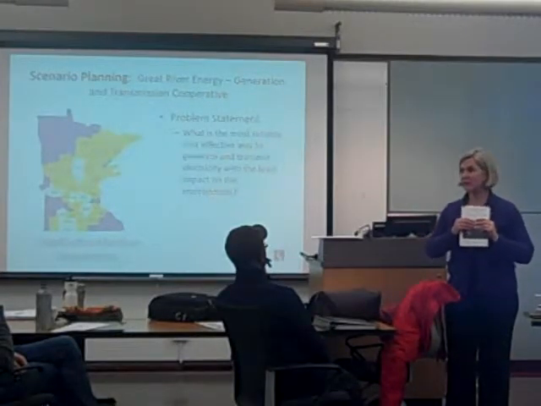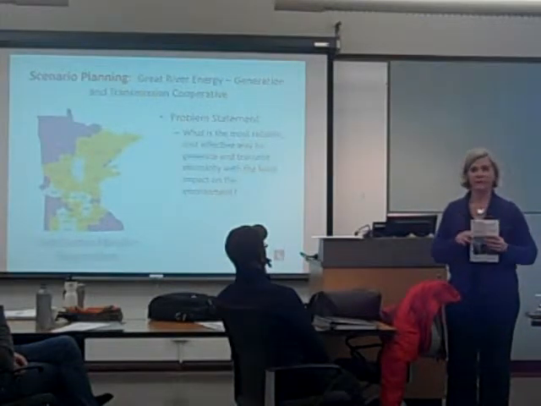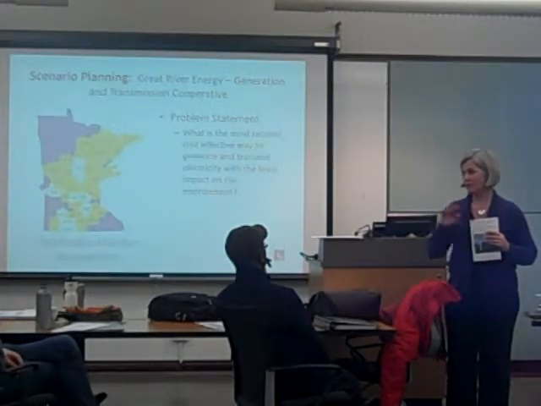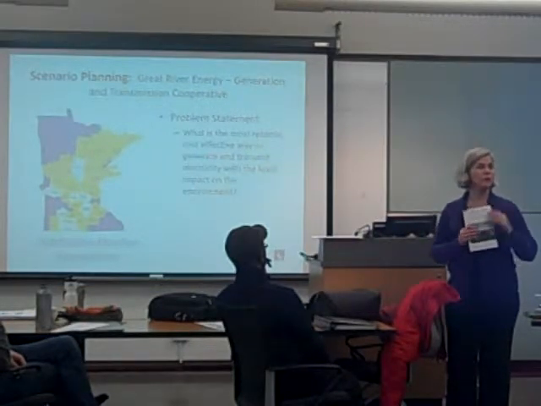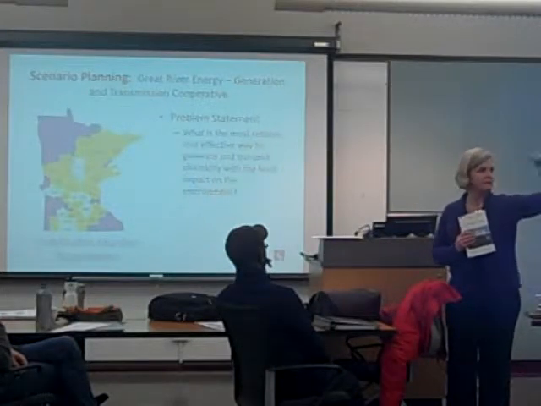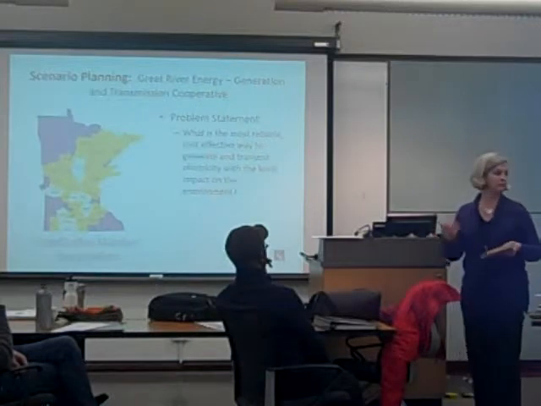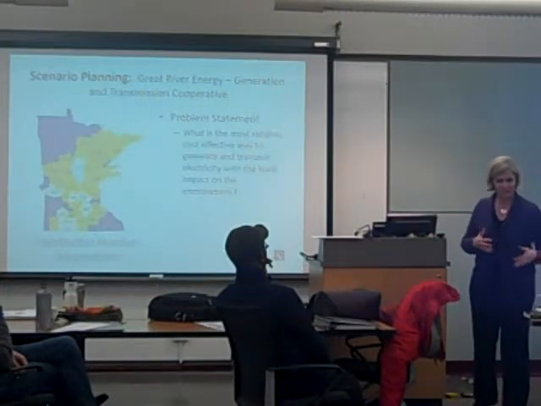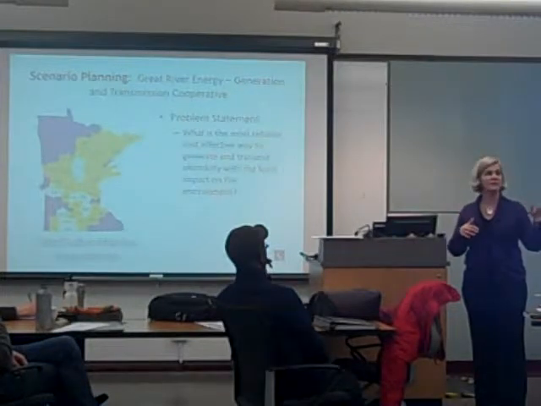One is kind of the status quo. One is things are going to get really bad, things are going to get moderately bad, and things are going to get really good. And you actually write out those scenarios, and then you plan as a system as if those scenarios are going to happen. So in my field, some foundations have funded things where people sit down and try to do community planning for children and families based on scenarios.